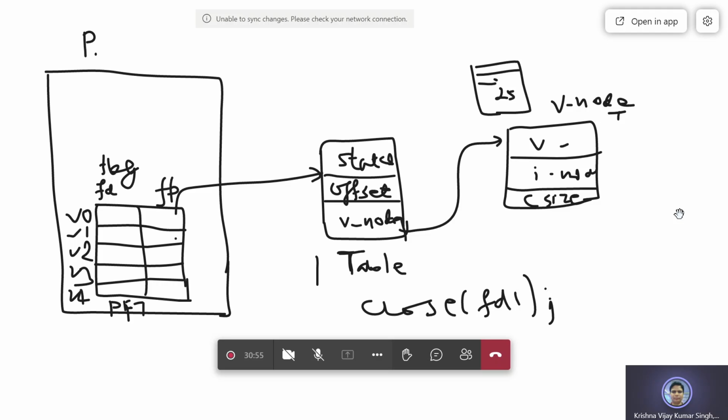FD1 is basically representing 4. So you have closed FD1, that means 4 is now free, because you have closed this file which is represented by file handle 1.